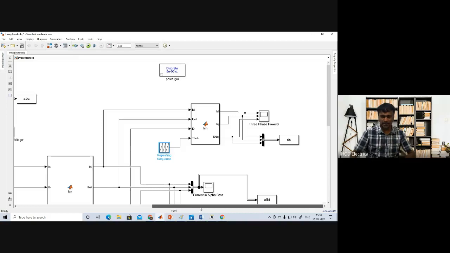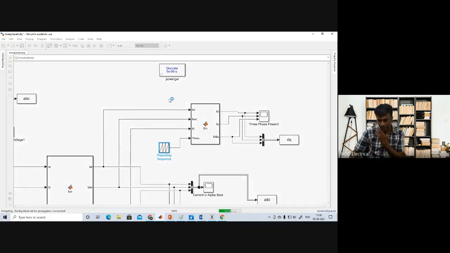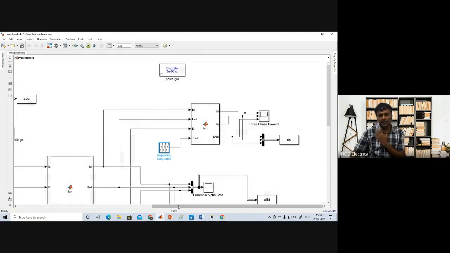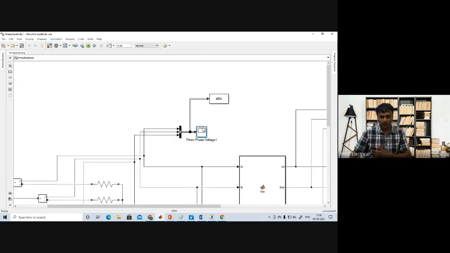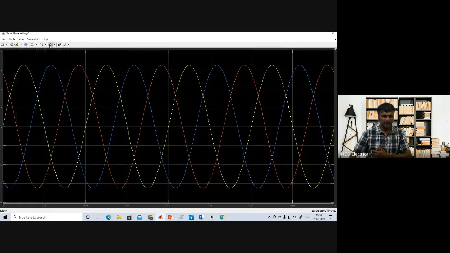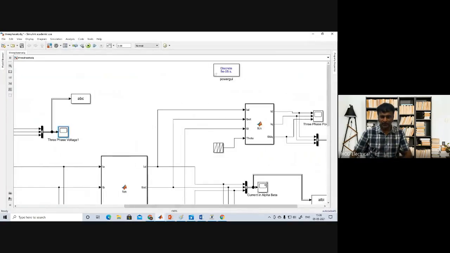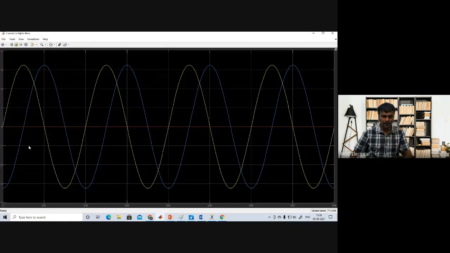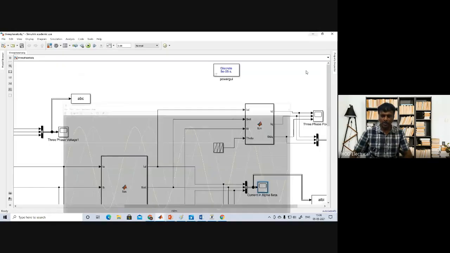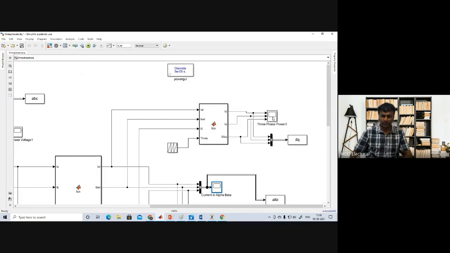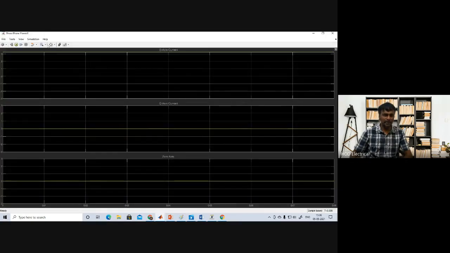Let me run the simulation now. If you run the simulation for 0.08 second, I will summarize one by one. Here this is nothing but 3-phase AC supply. We are giving current, then it is converting that into alpha beta naught. Naught is always 0. Then again it is converting to the IDQ reference frame. See here, Id is maximum, Iq is 0, and 0 is always 0.